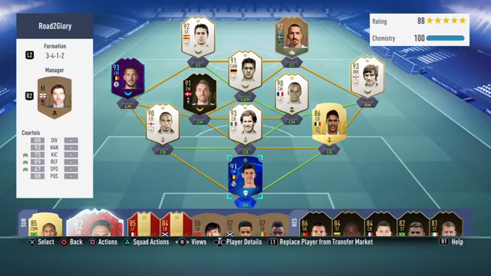I've gone for a full untradeable squad this year, because last year I lost a lot of coins on constantly buying and selling players. So this year I just want to stick to a team and just, you know, work my way around it. And yeah guys, so